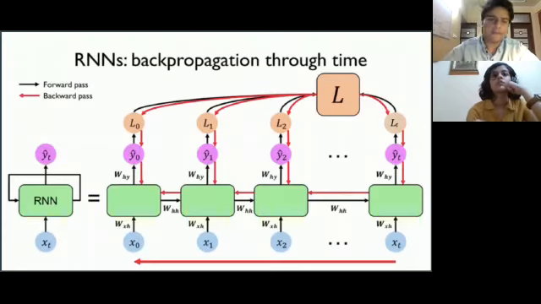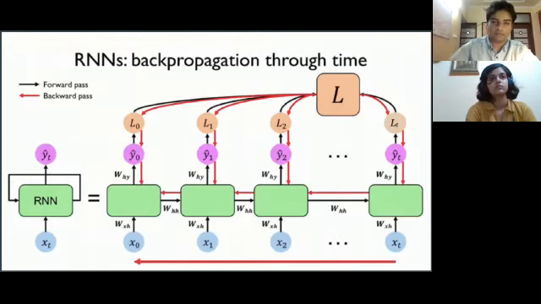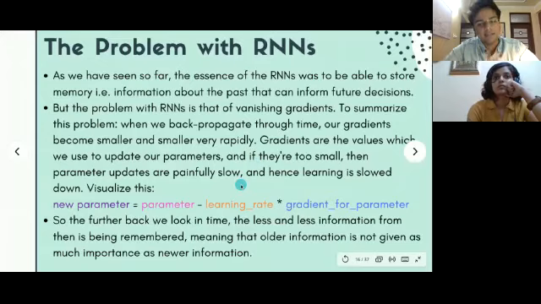Now, how exactly? If I just jump back to this diagram, as Pooja explained, we take the final loss, and with respect to it, we calculate our derivative or our gradient values. Since we're using the chain rule, we're going to have to differentiate once, then twice, then thrice, and then here, and through this side. And so you can see how many computations there are, right? And this is just for one time, so if we're training for multiple epochs, then it's going to keep happening and happening. Because of so many computations, there is a very great chance that our gradients decrease very rapidly, almost exponentially. And gradients are the values which we use to update our parameters, right?